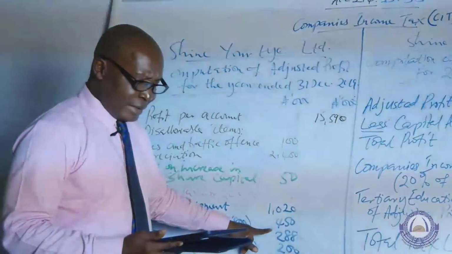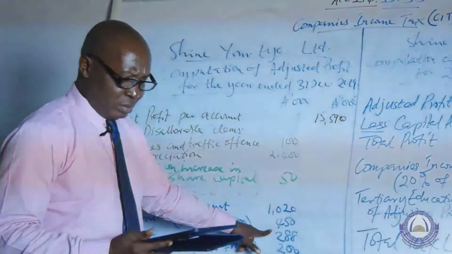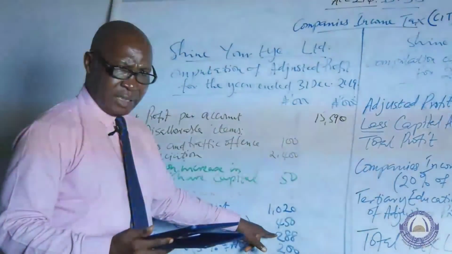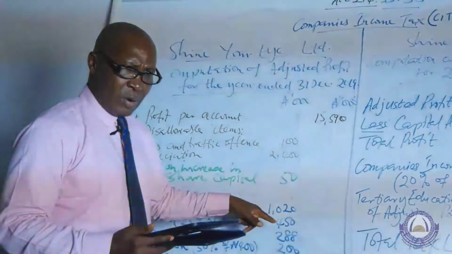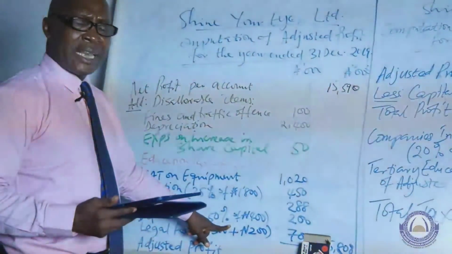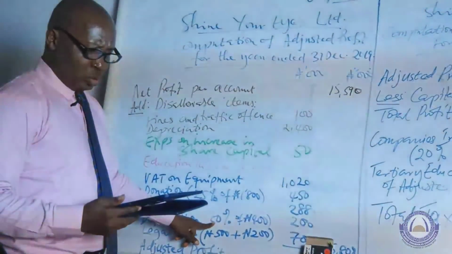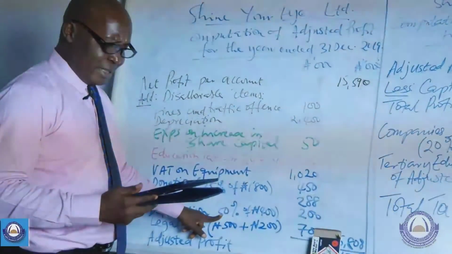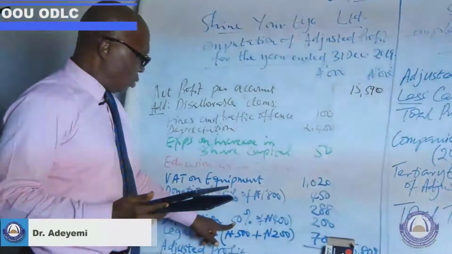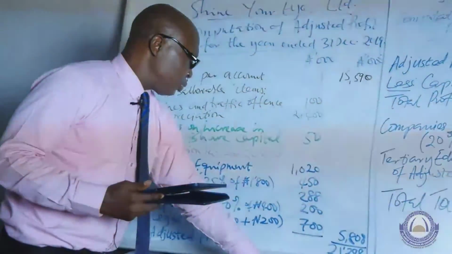Rent. This is the rent in relation to the costing of the MD, 288,000. This rent is the one in relation to the accommodation of that costing. And then defalcation. Defalcation by management staff is a disallowable expense, as this one is specifically traced to the management, indeed traced to the MD. He perpetrated the defalcation, the stealing. Therefore, it should be disallowed to that extent. And that's why 50% of that defalcation is disallowed.